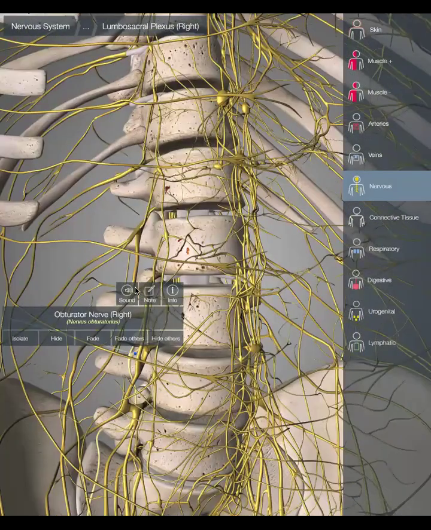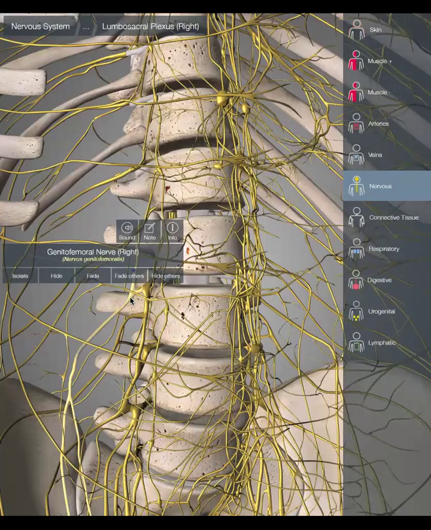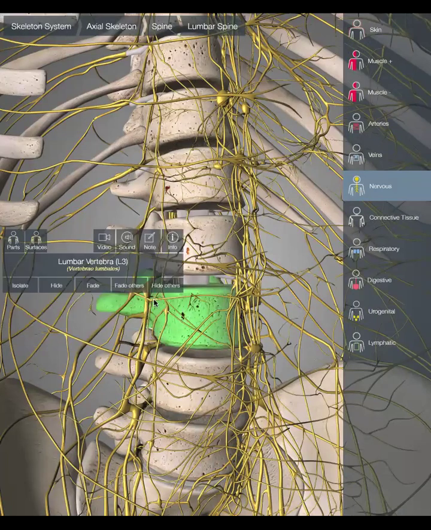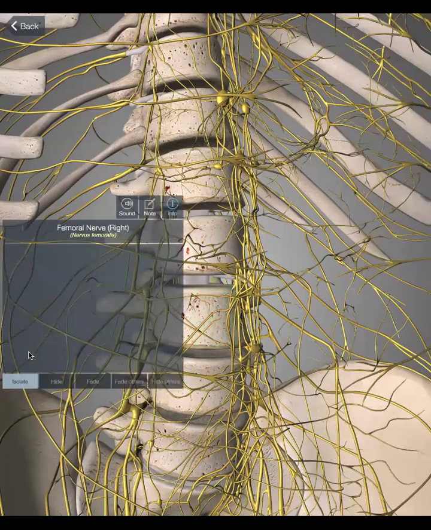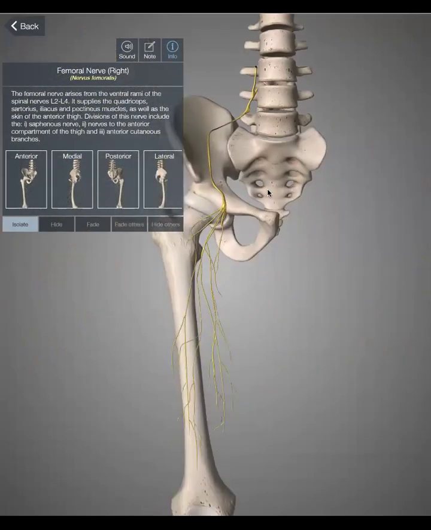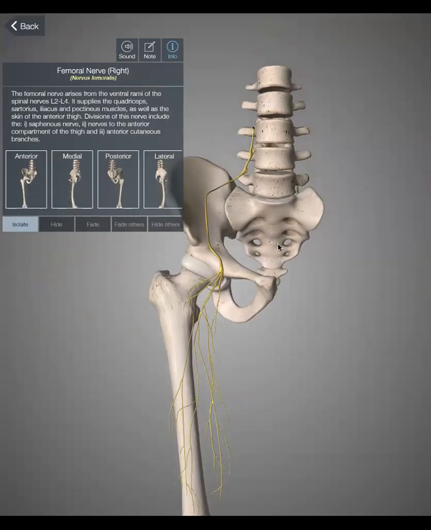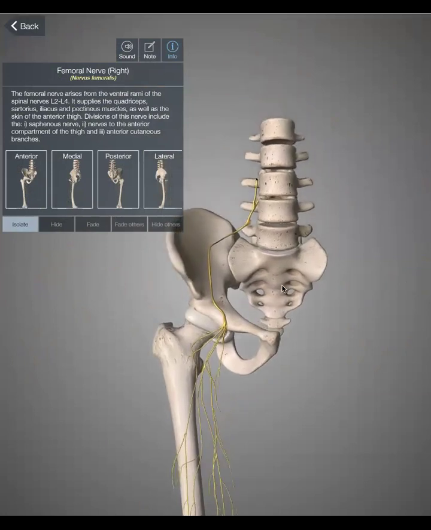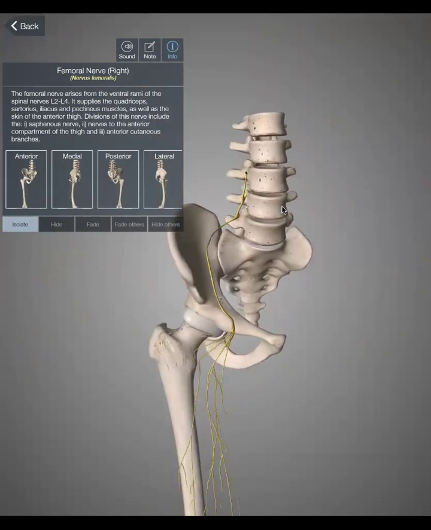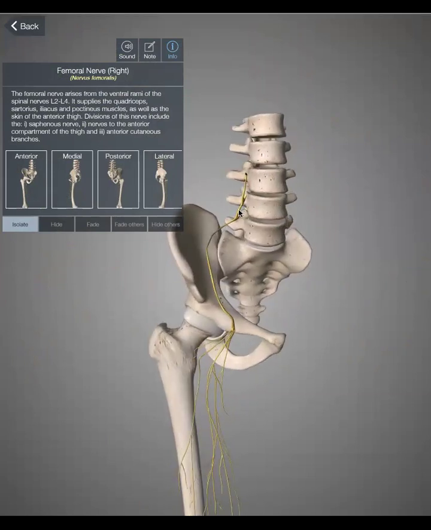Okay, so the femoral nerve that we spoke about just a little bit, we will talk about it in detail now. We isolate it. The femoral nerve, as we said, is one of the biggest peripheral nerves of the lower limb. It has nerve roots from L2 to L4. It innervates muscles of the thigh, the anterior compartment,